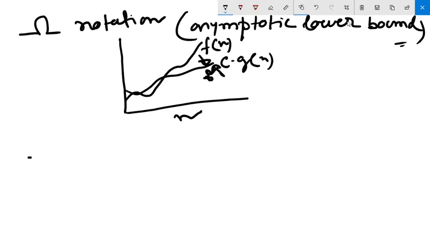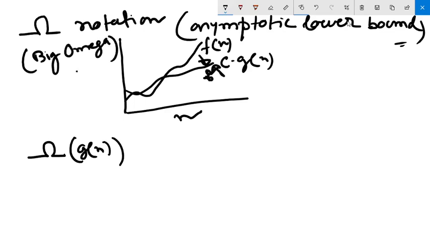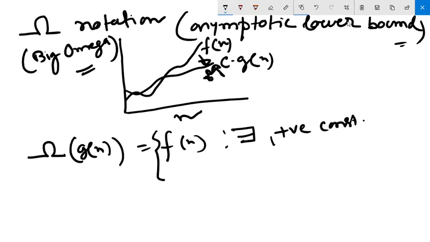Now how to write it in terms of expression? So again we will write Omega(G(n)), same thing. G(n) participation is a must. So we can call it big omega. So Omega(G(n)) equal to F(n), such that there exists positive constants C and n0. Obviously I forgot n0, you have to put n0 also here. Minimum, that means input should be more than n0. If it is on this side, it won't work, because the visualization of the graph won't be proper. You have to go somewhat more.